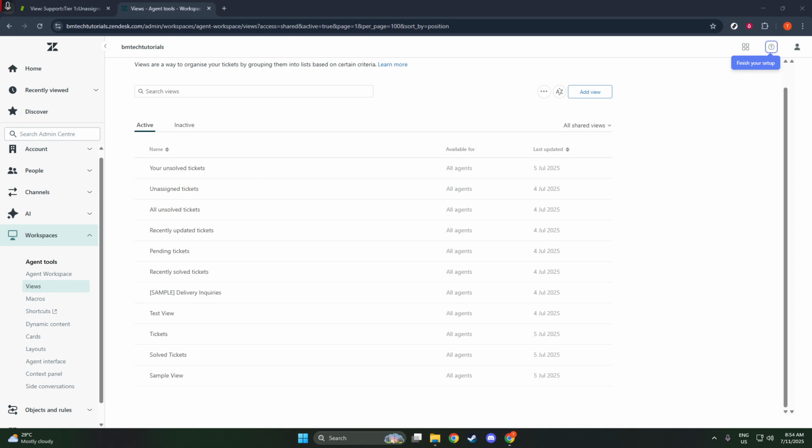First up, we're going to use views to segment your queue. Views allow you to create custom perspectives for different ticket segments, such as unassigned, high priority, or billing issues. This is a game changer because it lets you focus your attention where it's needed most. To get started on this, head over to the Admin Center, navigate to Workspaces, select Agent Tools, and then go